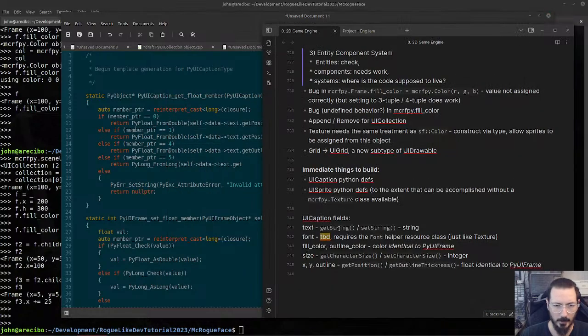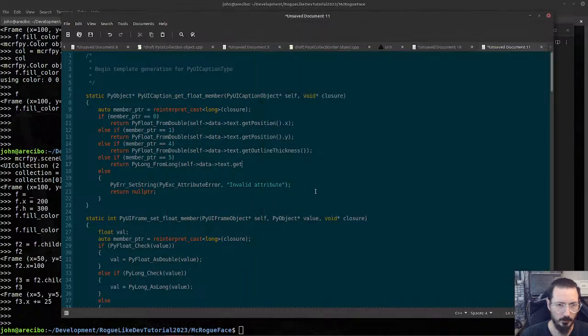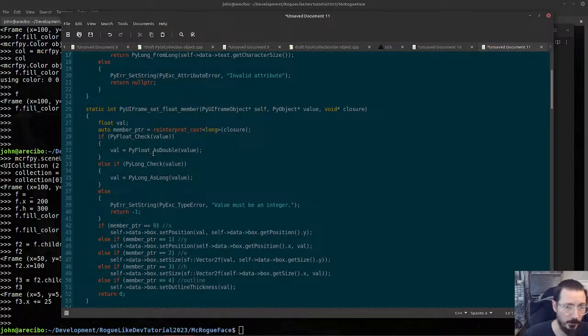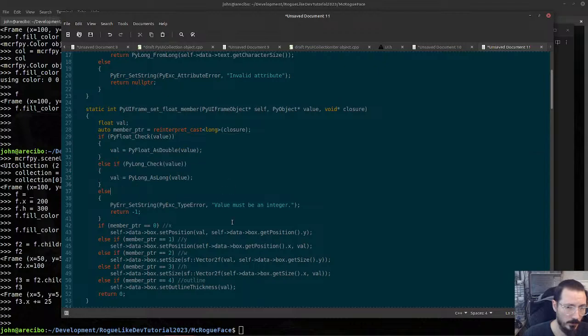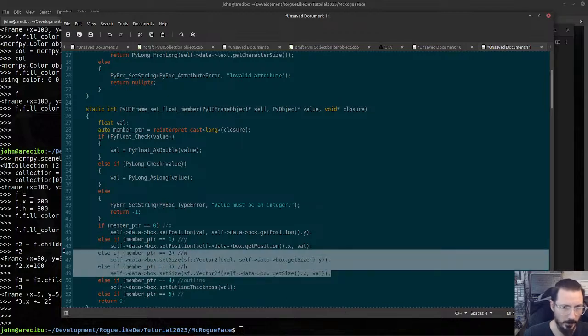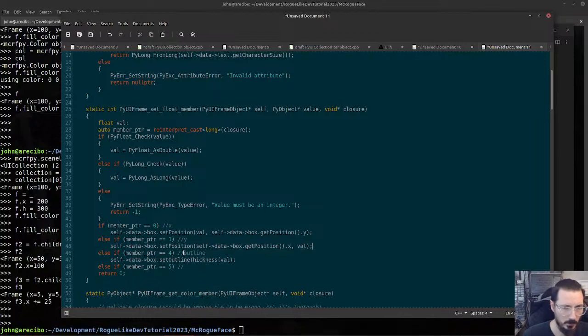And did I already write it in my notes? Get character size. Okay, set member. And likewise, that'll be width and height can go. Outline, and that would be